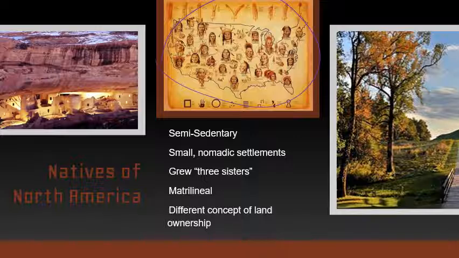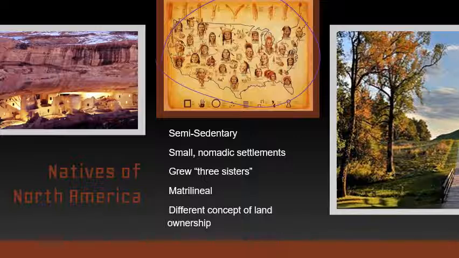These Native American tribes were not all the same. It wasn't just an Indian is an Indian is an Indian. They had their own grudges. They had their own politics. They had their own interactions with one another. And that's going to be something that Europeans are going to be able to take advantage of. The fact that these groups were kind of smaller. They weren't just one big giant empire. They didn't necessarily work together. They weren't one entity.